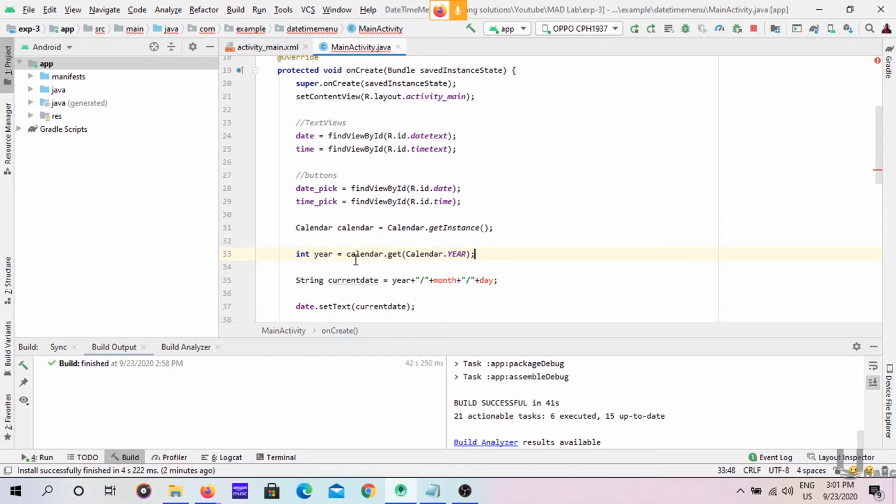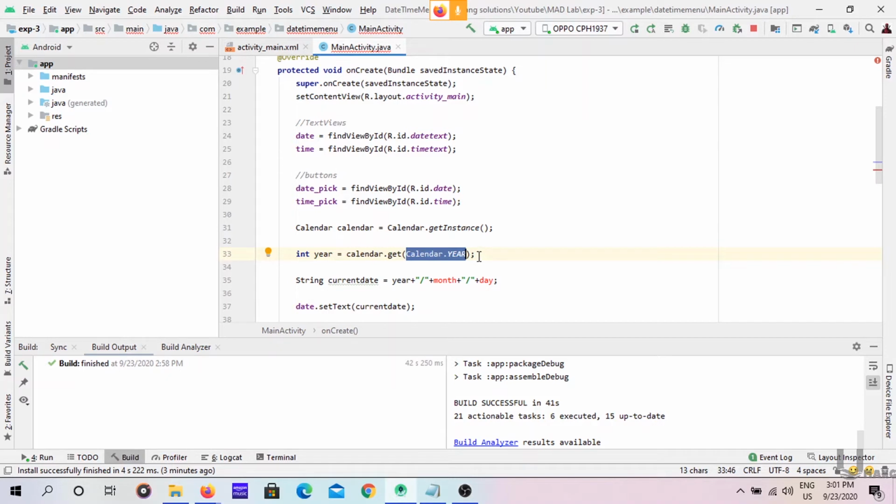What we have done is get an instance of the Calendar class and store that instance in the calendar variable. We use this variable to get the year from the calendar. The dot operator accesses the year in the calendar. Calendar dot year means it will get the year from the calendar.